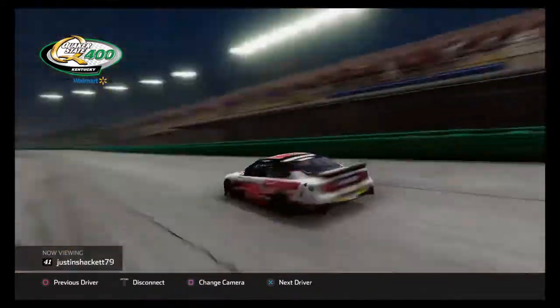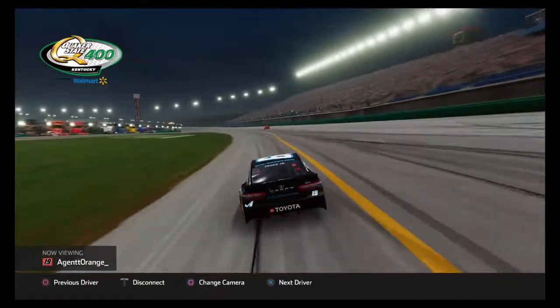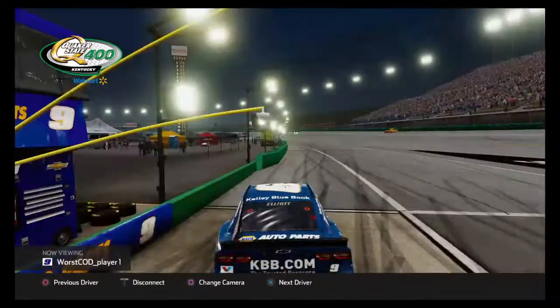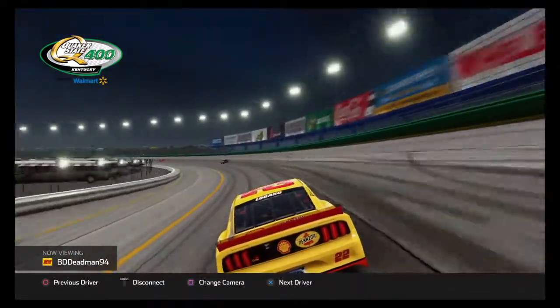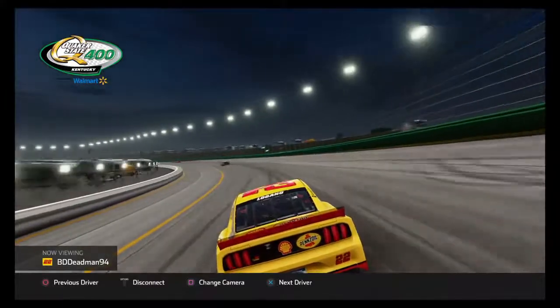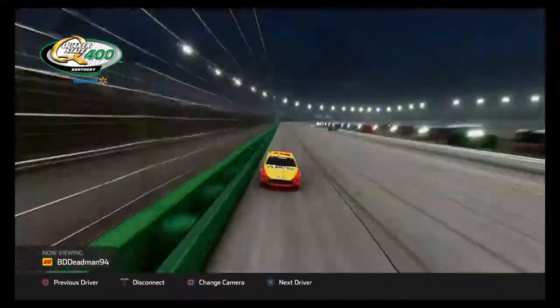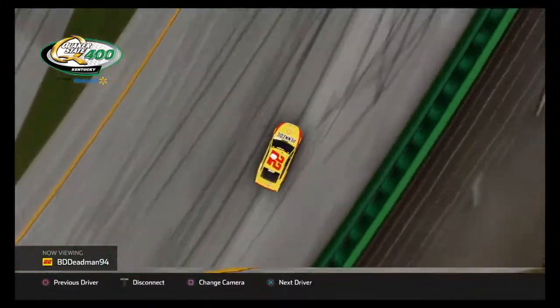But yeah, strategy abounds right now as I surf through the field. The 17 is right in front of the 19 right now, and it looks like the 17 and the 22 have stopped already. So we're going to see how that shakes out. We're going to find...